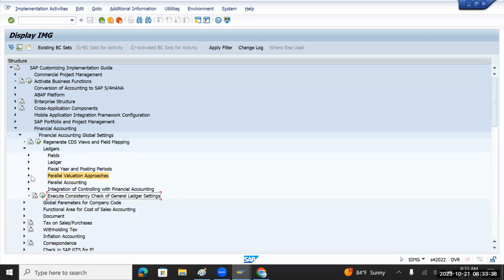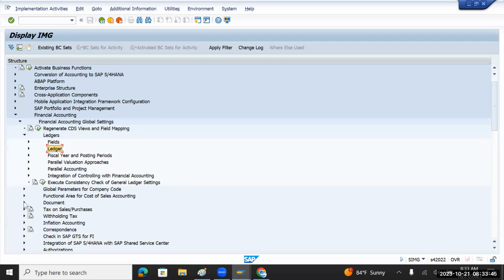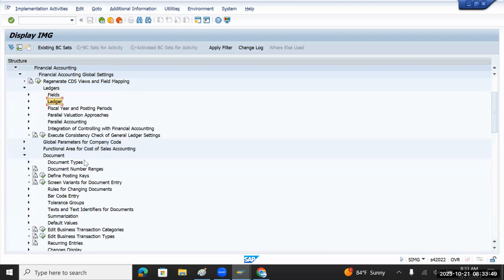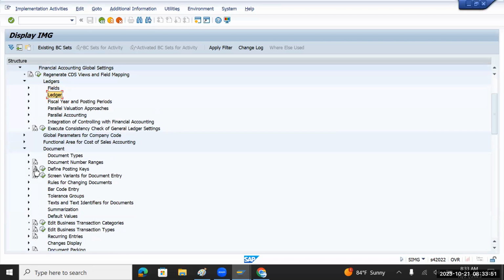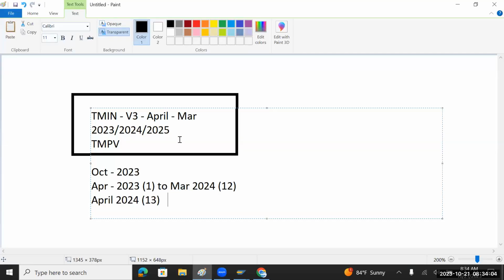So another important thing, before we build the ledger, another important basic setting which is required is document types. So what is this document types? Document types are basically folders. Let's say